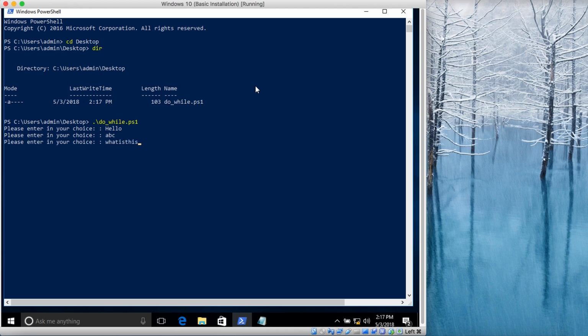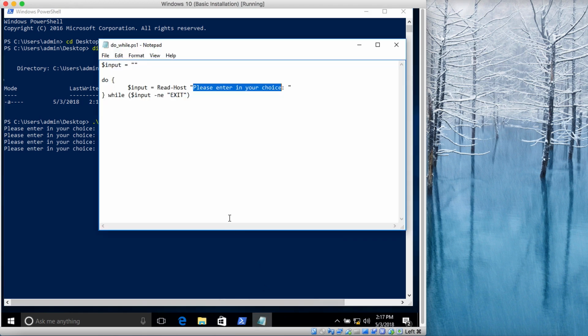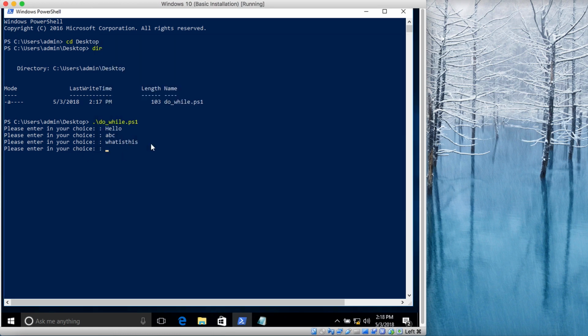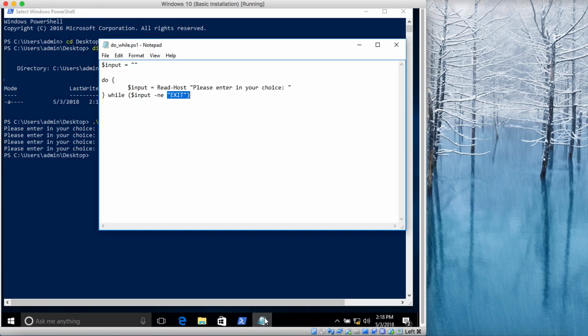So no matter what we type, it is going to prompt us for more input. It says run it as long as it is not equal to exit, so it will keep prompting us until we type in the word exit. If we type exit, it exits. It doesn't have to be exit, it can be anything. Let's make it like